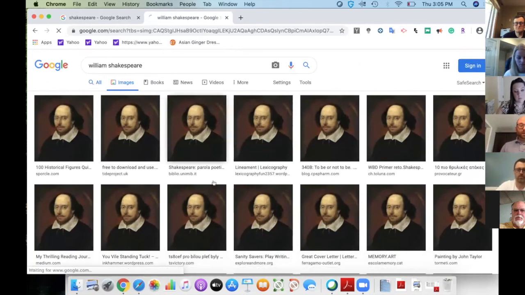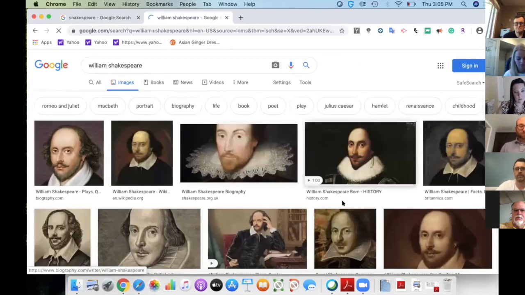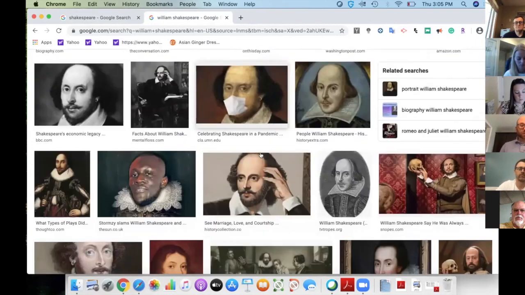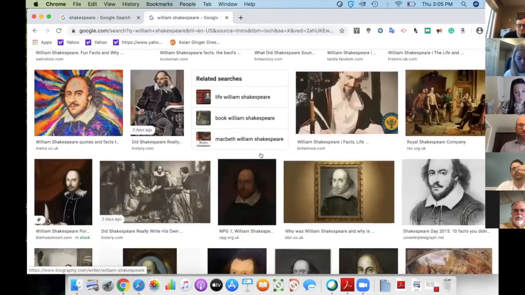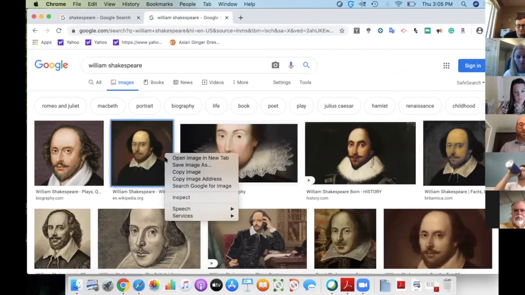A lot of times you look in the images section and you find one that you like, and then you're sorting through hundreds of other pictures for that same image in a different size. Well, just by double or right clicking on that image and clicking search Google for image